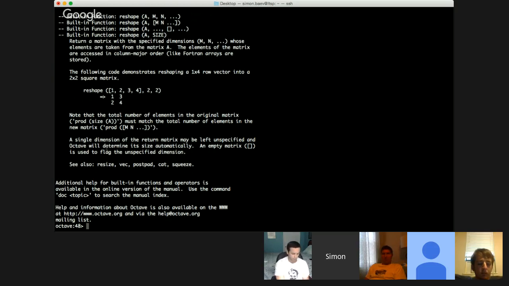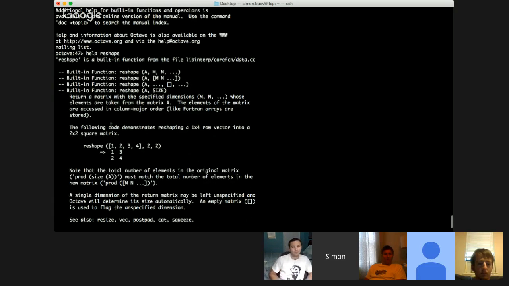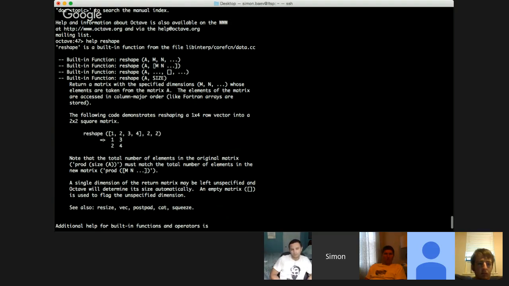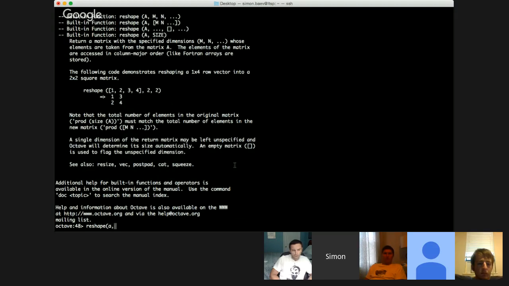When you try to install Octave on Windows, it will work in a bit different way than on our LTSP server. So talking about reshape, I can just illustrate it. Reshape, and then according to the typical use, it is A, our main matrix A, and then a number of indexes. So for example, if I just provide 2 indexes, M and N, they will be used as preferred dimensions. So let me reshape my variable A in